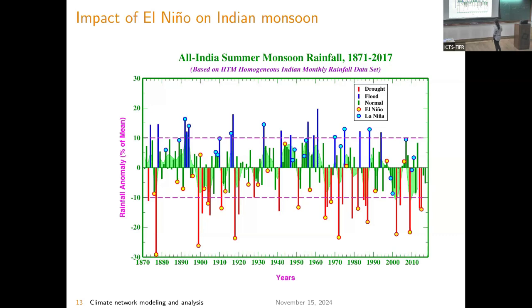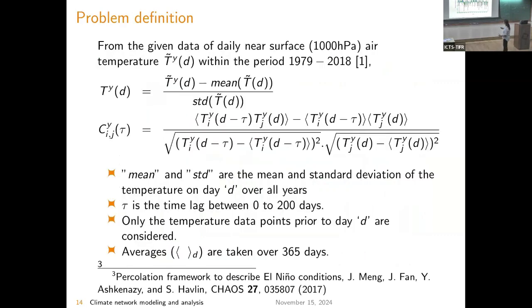the normal. So you can clearly see that there is a connection between La Nina and flood-like conditions, and El Nino and drought-like conditions. So it is important to study the El Nino phenomenon to identify certain precursors in order to predict El Nino. Now let's go to the problem,